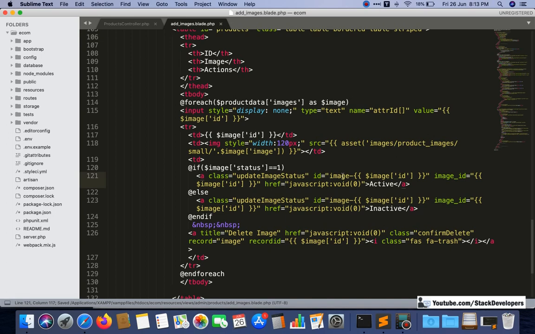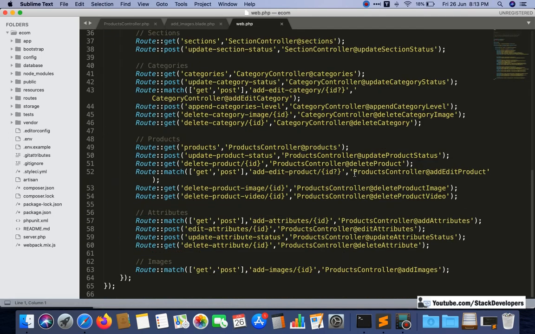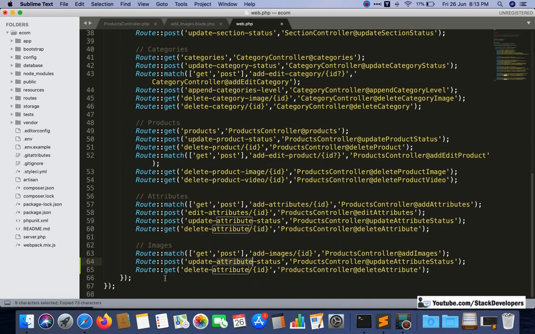Now we need to add some routes for both delete and active, inactive. See here for status we need to add such kind of route. I just copy, and for delete as well we can quickly update both the attribute.